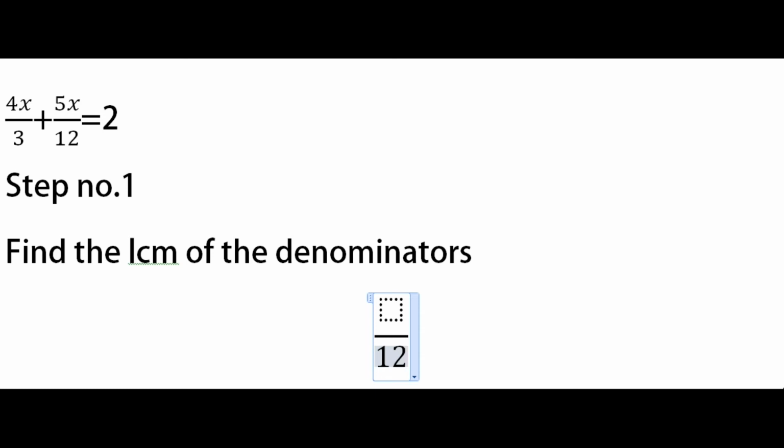So my next step will be to multiply the numerator with that number. So I will multiply the numerator 4x by 4. Now how do you multiply a variable and a constant? You multiply both the constants and just write the variable beside it. Like we will have the constant 4 and another constant 4. So 4 into 4 is 16 and x, the variable, just beside it. So I will write 16x here.